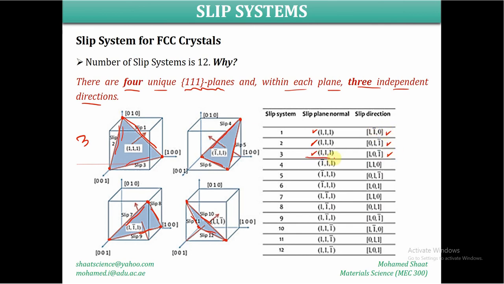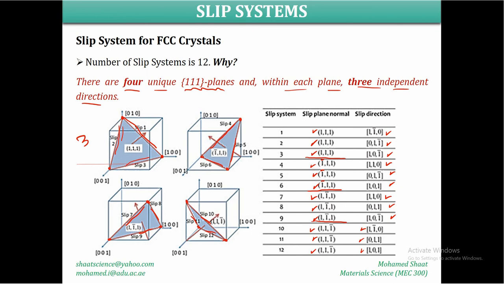The same thing, this is another group of 3. There is the -1, 1, 1 plane, and 3 different directions. And then you're going to have another 3, with the 1, -1, 1 plane, and 3 directions. And there is the 1, 1, -1 plane. This is going to give you another 3 with the other 3 crystallographic directions. So this gives in total